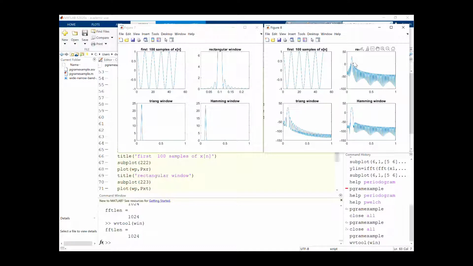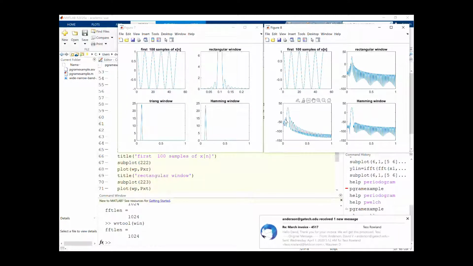They're kind of comparable to the main lobe. So when you have a single frequency, we really don't care, but what would happen if we had multiple tones in the same signal? It would be hard to distinguish the additional tones from the side lobes of the largest one. The triangular window has a broader main lobe and